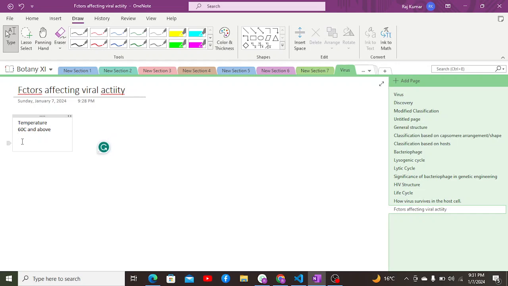a thing which I would like to highlight is about the lipid, I mean, the enveloped viruses as well as non-enveloped viruses. Non-enveloped viruses do not have a lipid bilayer, but enveloped viruses have a lipid bilayer. First and foremost, enveloped viruses suffer more from high temperature, because the envelope, the lipid bilayer, is more sensitive to temperature, due to which enveloped viruses are more sensitive to temperature